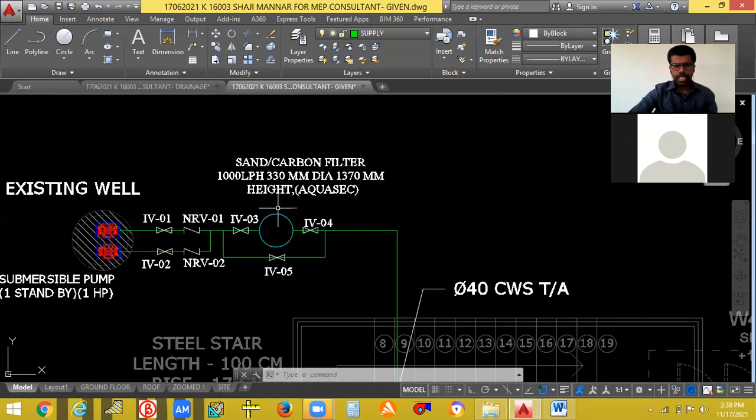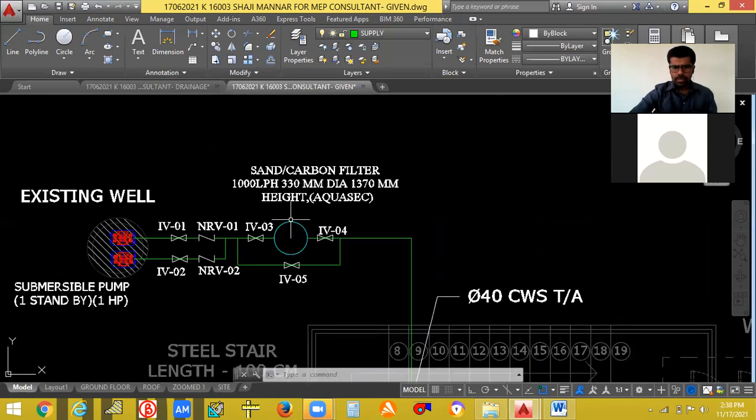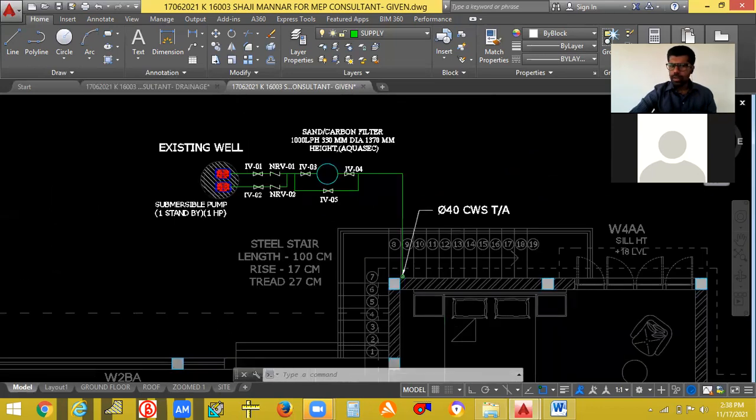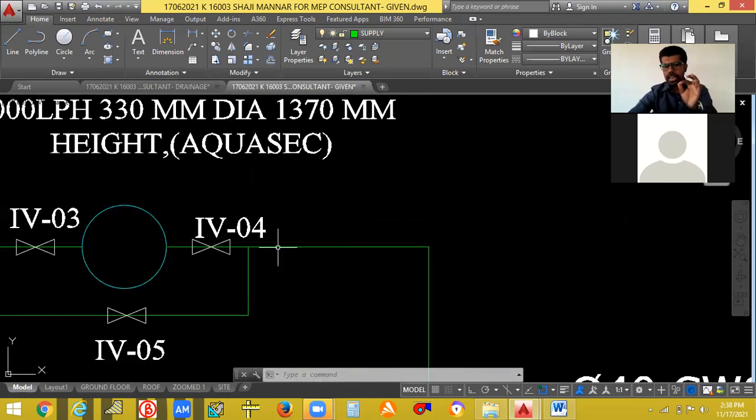So I have given a sand carbon filter, of 1000 liters per hour capacity, just after the pump. Okay, so the water will enter through the filter and go to the overhead tank. So you can see I have drawn only a single line.